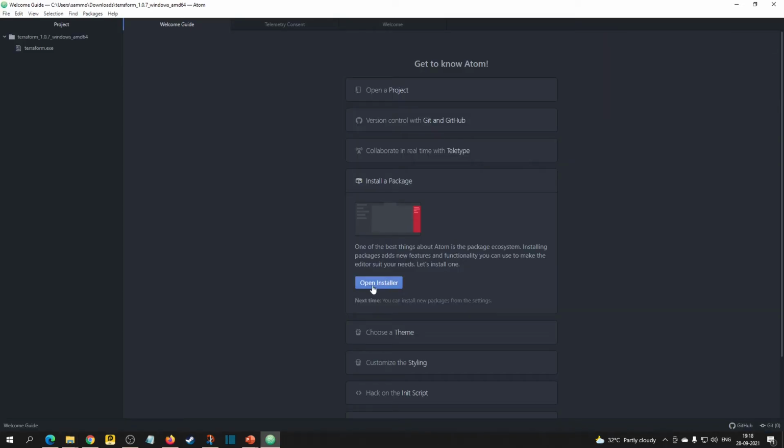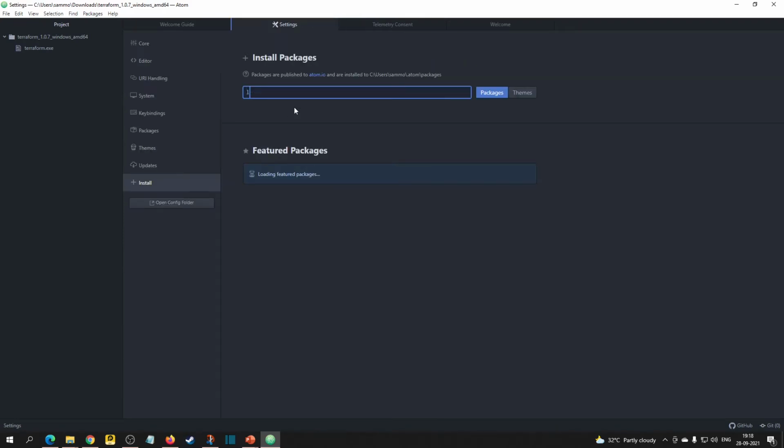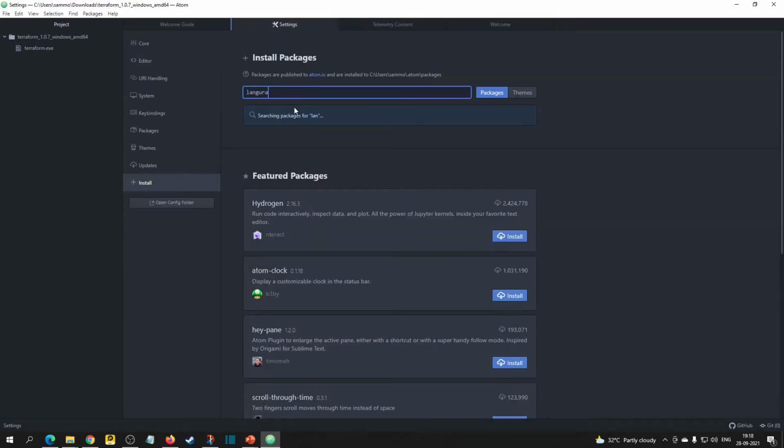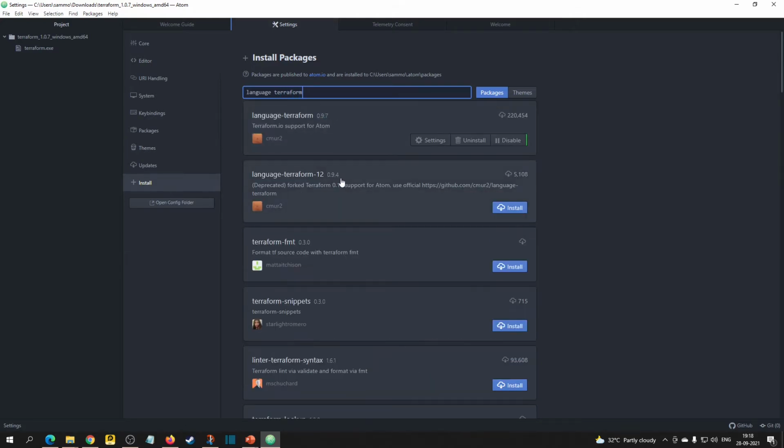Next, we can install a package called language-terraform. So this is the one. I already installed it. Then click on install the package.